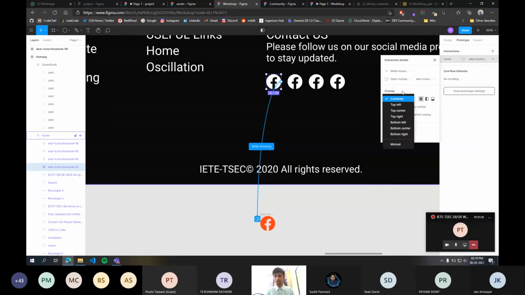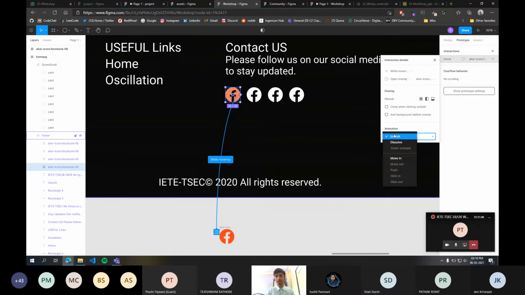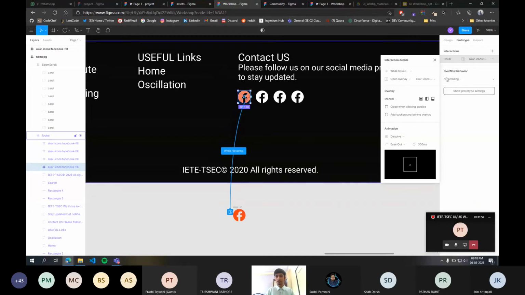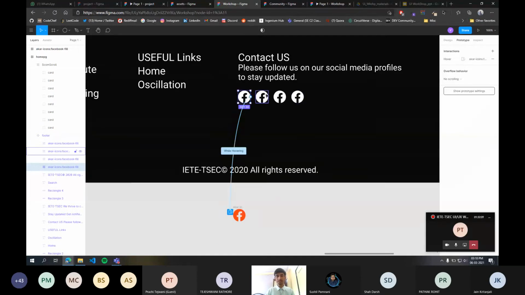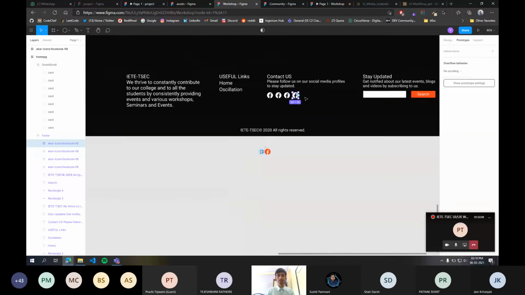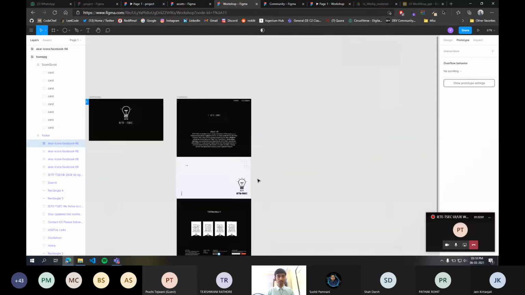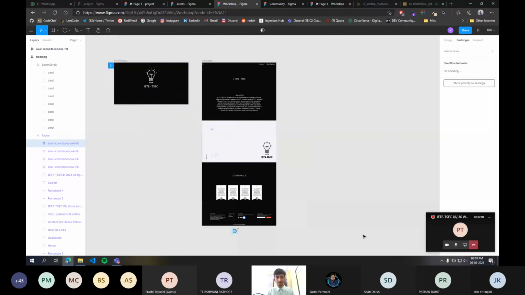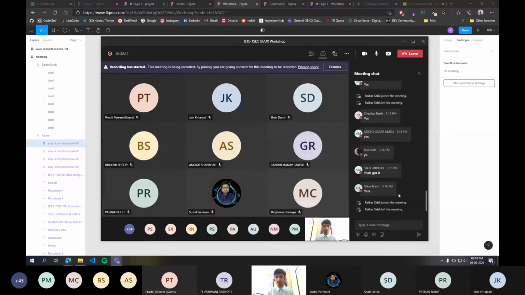Okay, so just select this centered. You can also select manual, and you can manually place where you want it to display. For now just keep it where it was, and for the animation we want it to dissolve. You can also see in this preview pane how the animation will work. So yeah, this is done. You can repeat the same thing for other icons too. Okay, so we are done with the landing page and home page. So was everything clear up till now?